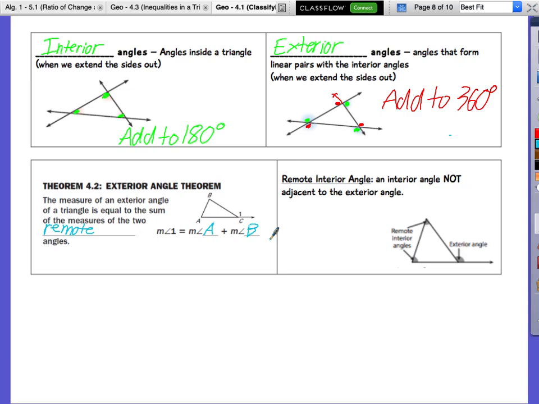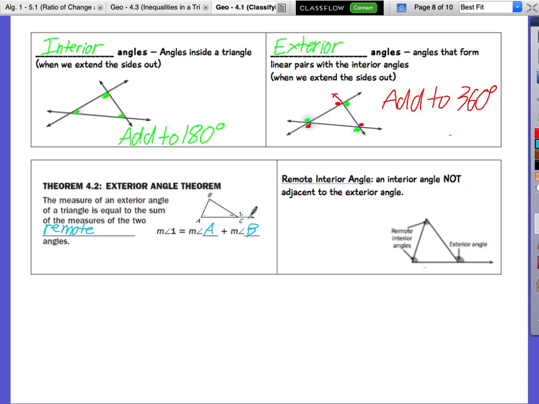Kennedy, I want to know why. C is this angle. 1 is this angle. So they're next to each other. So then why do A and B not have a number? Because we don't want to deal with these angles. This is angle B. This is angle A. So we're talking about 4 different angles: A, B, C, and 1.